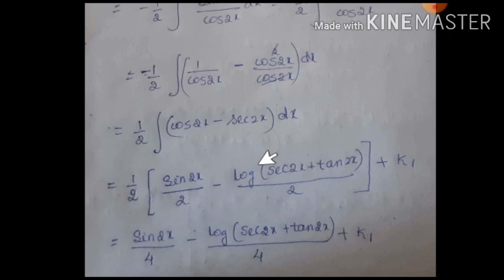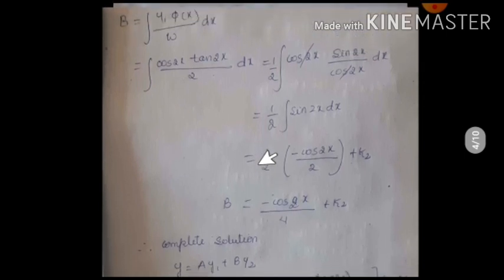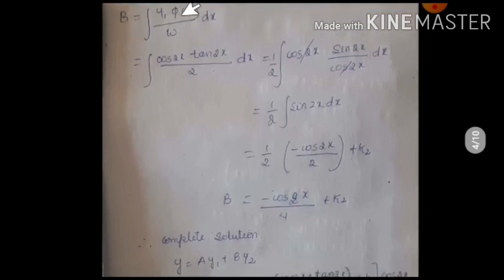Okay. Now next we are moving on to find the B value. In the same way, apply the formula of B. What is B? Integral y1 phi of x by w into dx. y1 is cos 2x, phi of x is tan 2x. Simplify tan, write it in the form of sin by cos. Cos and cos get cancelled. What do we get? Sin 2x. The integral of sin 2x is minus cos 2x by 2. This is a standard formula which I am listing later, learn that formula by heart. Okay. So multiply this. So minus cos 2x by 4 plus k2, you will get the constant of integration.